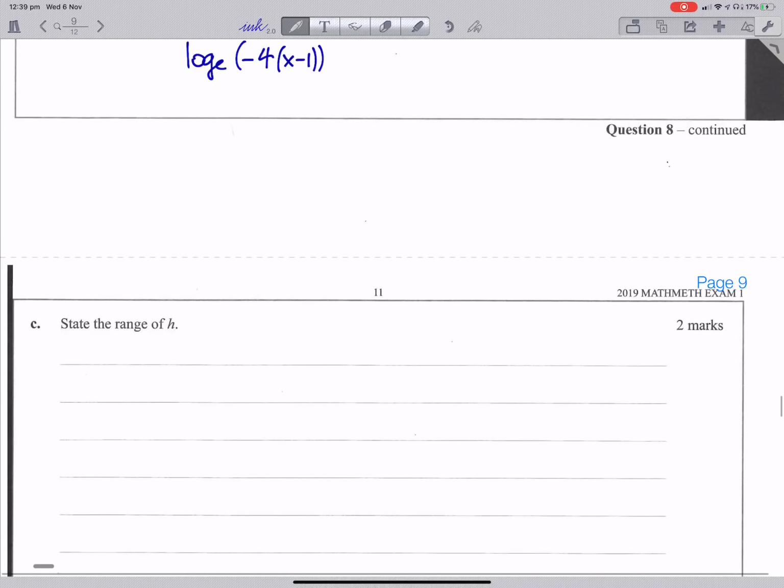So h of x is log e of -4 x minus 1, and our domain is